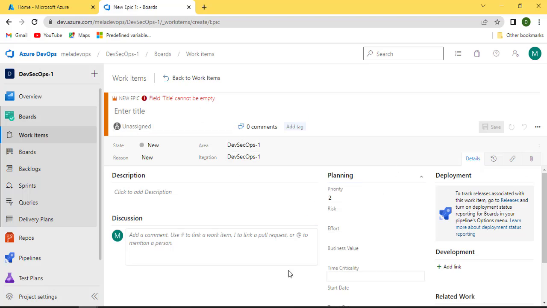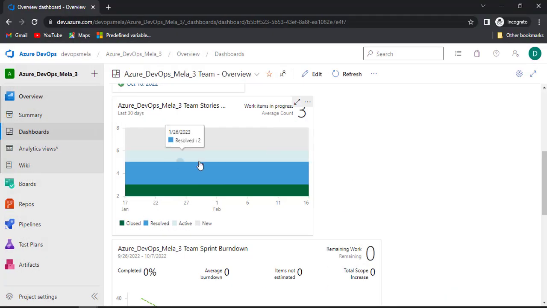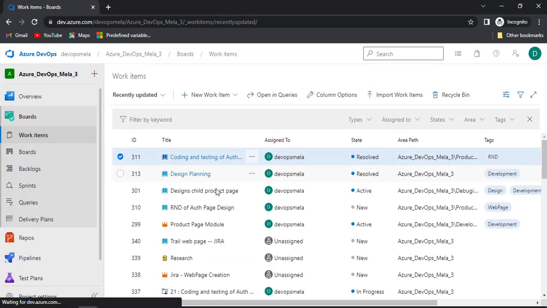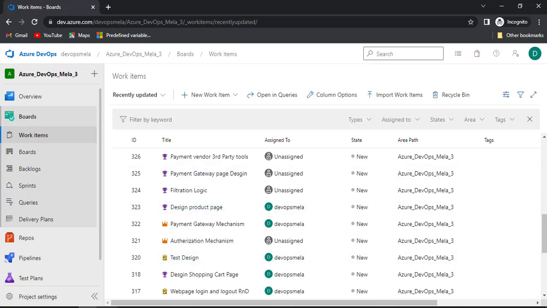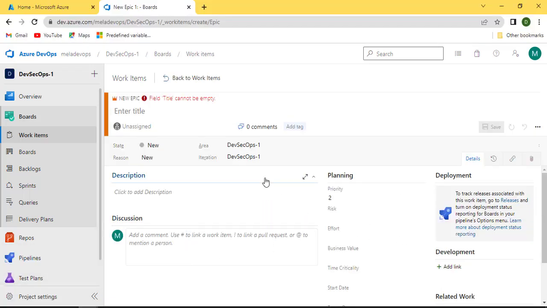We'll start with this epic field creation. I'll walk you through how the epics are created. Then later I'll show you how we do this. I'll be using one of my existing projects, because frankly I need a good amount of data in order to explain things, and I will not create all this manually. So what I'll do is migrate this complete data that you see over here to this project. It's a small migration. I'll show you how we migrate existing work items from one project to a different project.